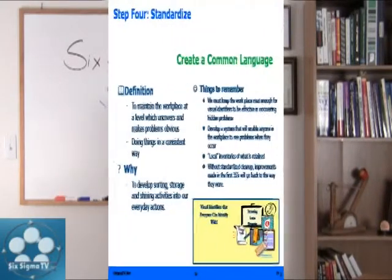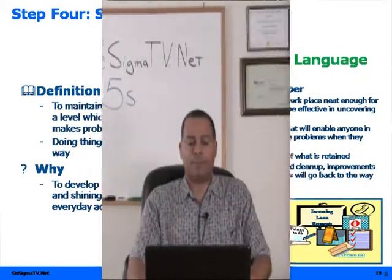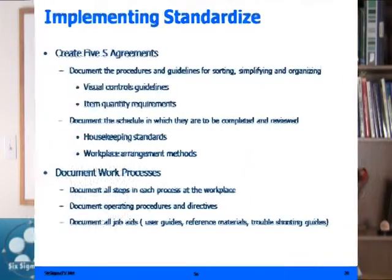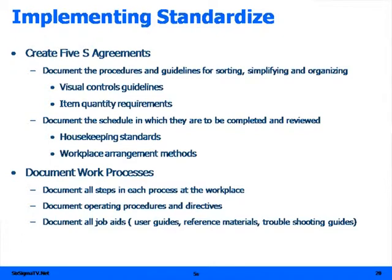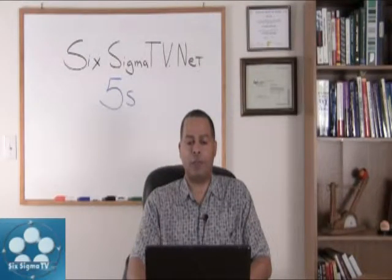Step 4, standardize. Create a common language. To maintain the workplace at a level which uncovers and makes problems obvious, doing this in a consistent way. So there's some things to remember. And standardize. Create 5S agreements, have visual controls, have item quantity requirements, have housekeeping standards, workplace arrangement methods, document your work processes, document each step along the workplace, document operating procedures and directives, and make sure all of these things